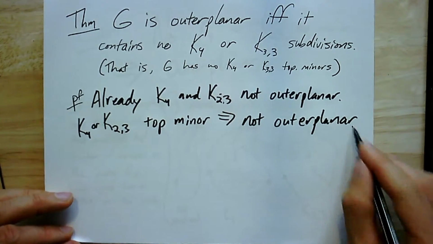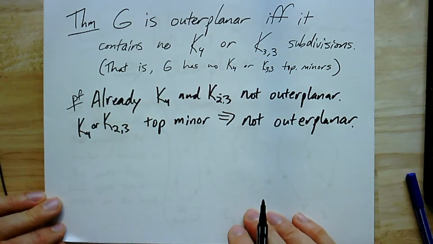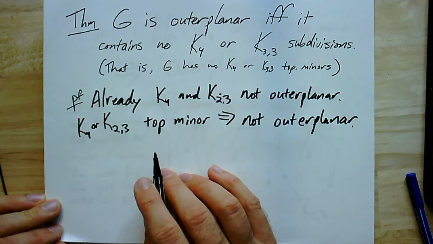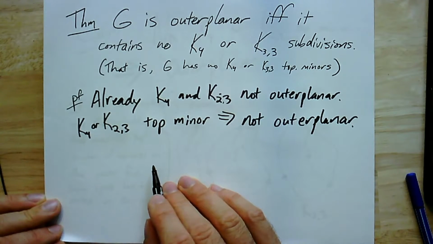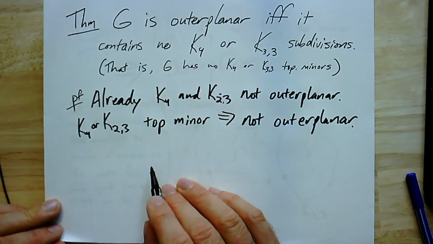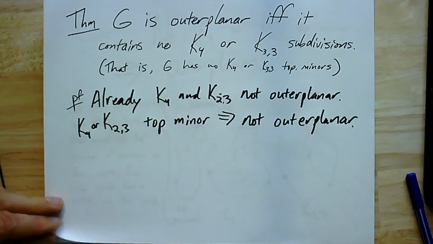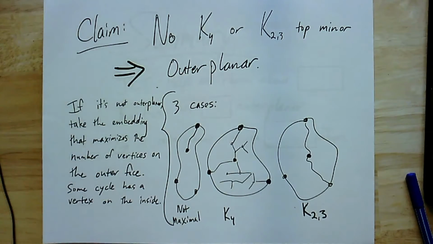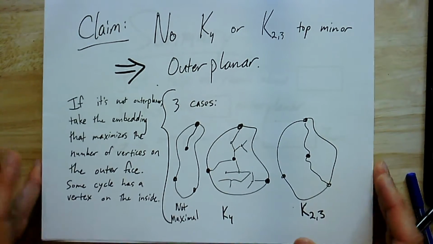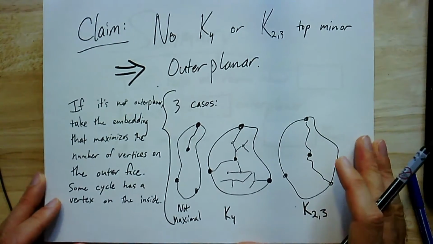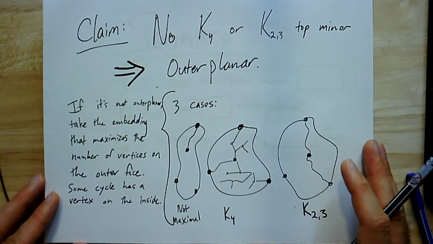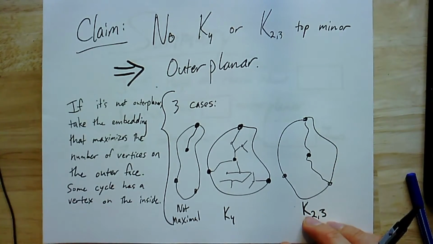In the other direction, it's quite a bit trickier, because we need to show that every graph that's not outer planar has one of these topological minors. Let's do that now. Okay, so this is my claim. I claim that if there's no K4 or K23 topological minor, then the graph is outer planar. If it's not outer planar,